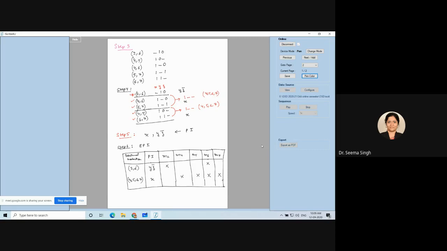Okay. Now we have to choose the column in which only one cross is there. So what I am trying to say is we have to see that this prime implicant is taking care of which important term which is not being taken care of by anybody else. So for example, if I try to see this M2, M2 is alone in this column. M2 is being covered by whom? M2 is being covered by Y Z bar.